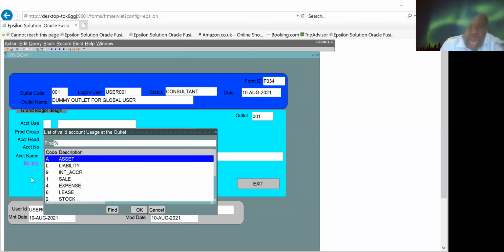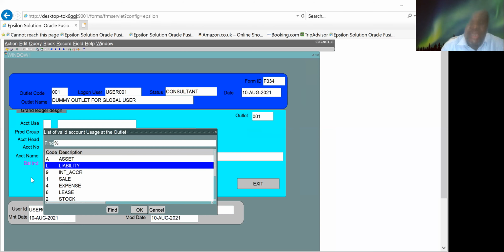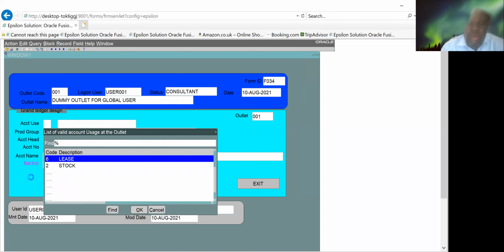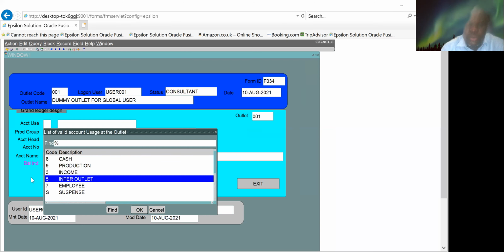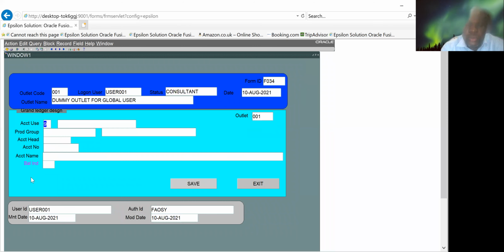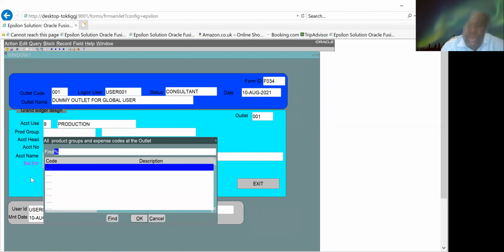whatever has not been defined before now, because I have many systems. I'm going to define production account, the general ledger for production of sachet water, to be precise. So I will say production. What is the group of that product? Like I said, those have been defined before now. For water, in my system now, we have the product group or the group code as 007,